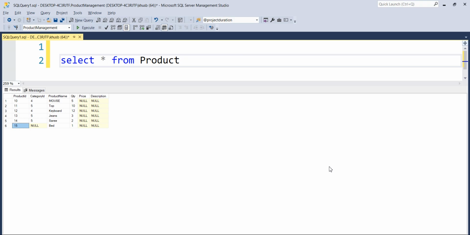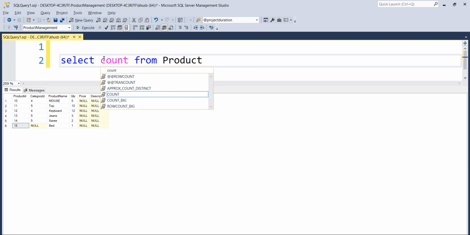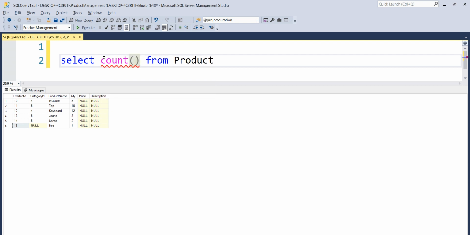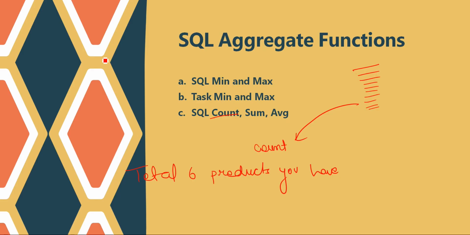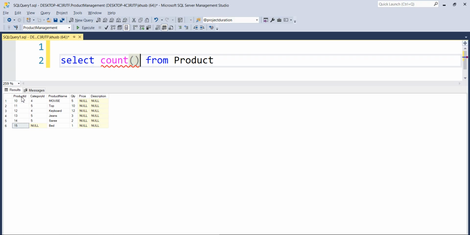So let's quickly do that. Count. Again, this is also a function, so I need to specify a column within this. What I can do is pass this product ID, because all the products will have a different product ID.